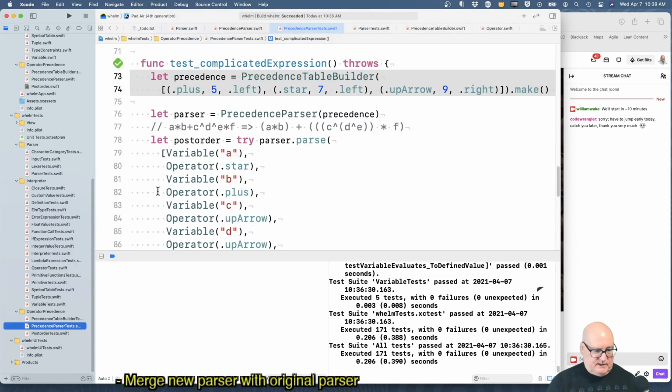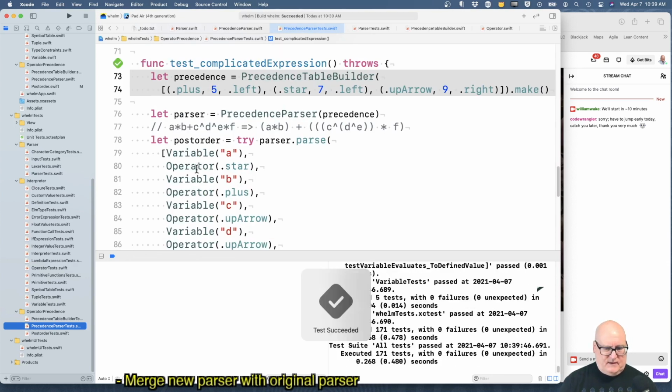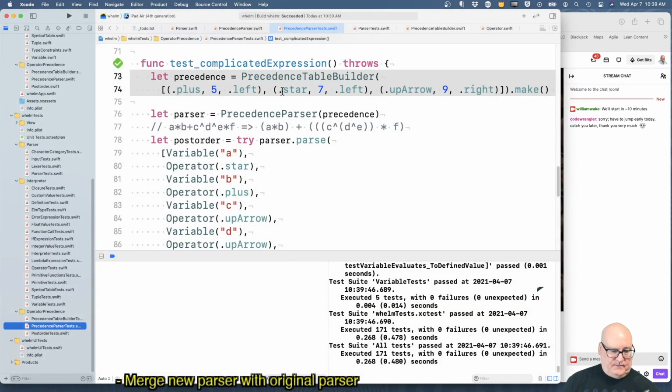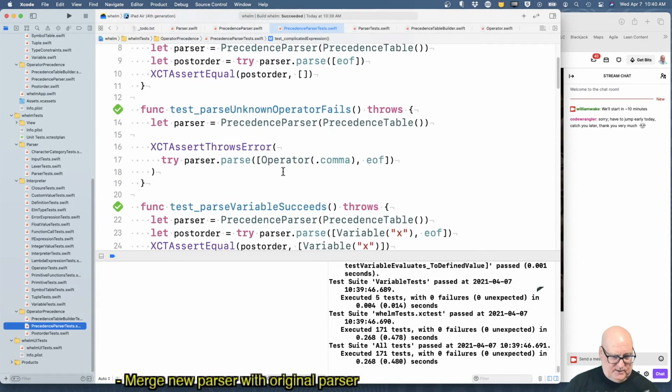Precedence parser tests. Okay. I just made some formatting changes so far, so let's check those in. Kind of a minimal message, but okay. Yeah, let's get to the top. We had an error. Yeah, let's change this.